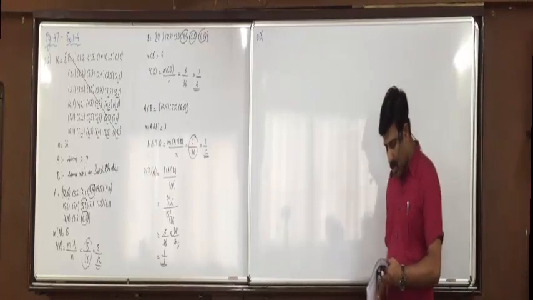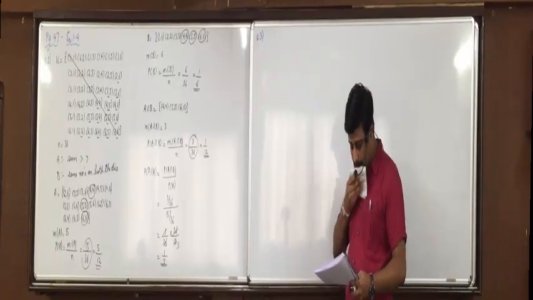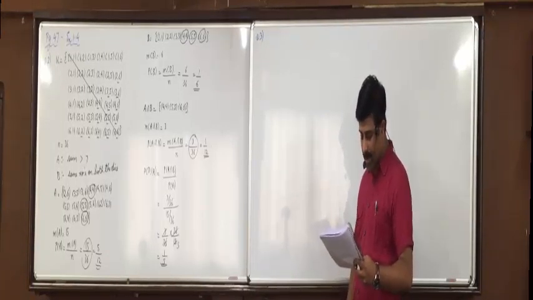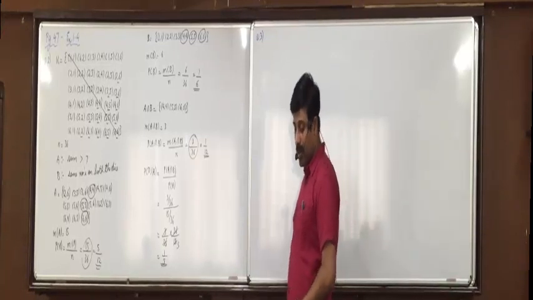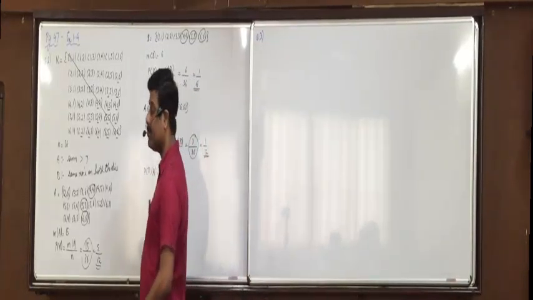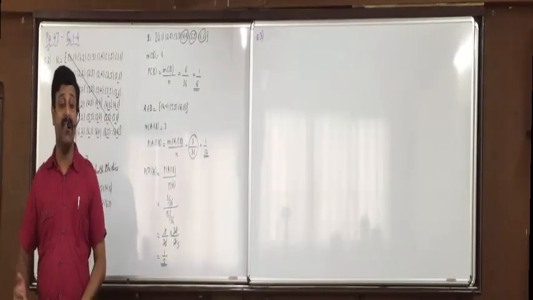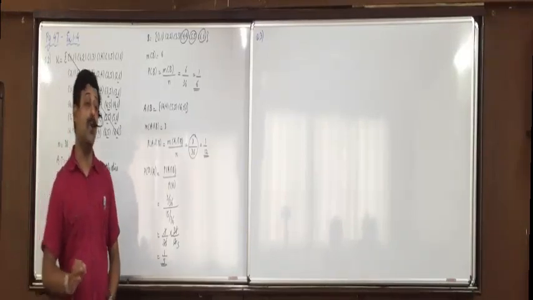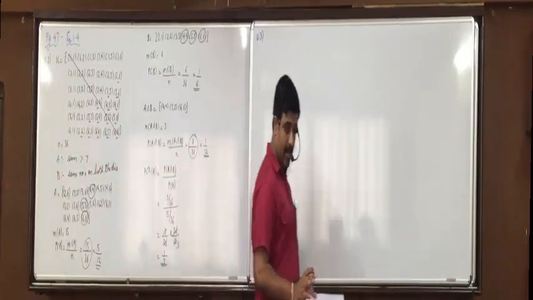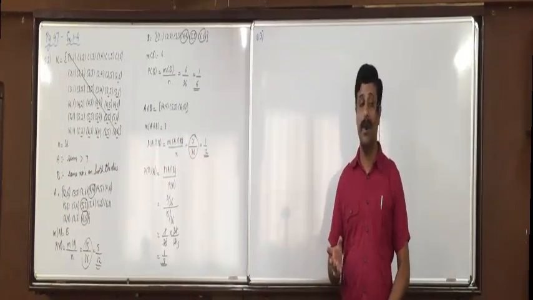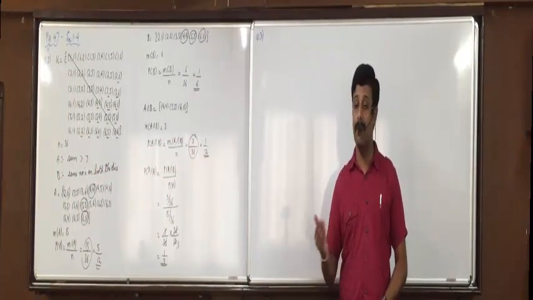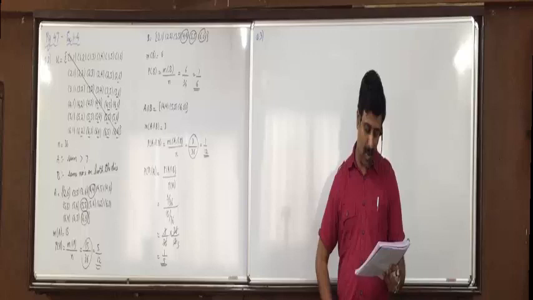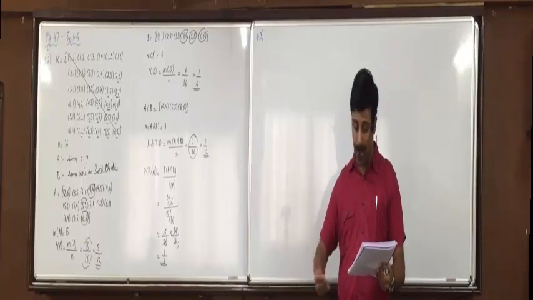Among the various vehicle owners visiting a petrol pump, 80% vehicle owners visit to fill petrol in their vehicle. Mark it as P(A). What will be the probability if it is 80%? 80 upon 100, 0.8. Understood, everyone? In percentage, if it is given, then you convert it into probability by dividing by 100. So we define that event A be the event that the person going to the petrol pump fills petrol.